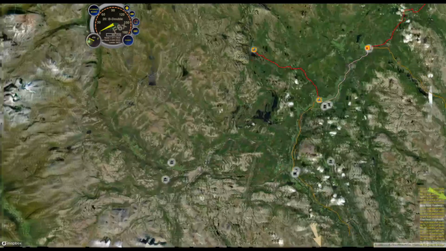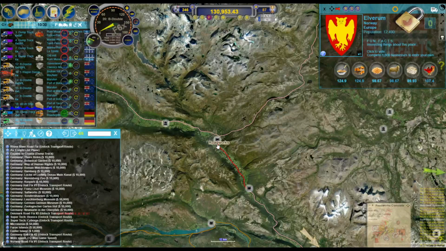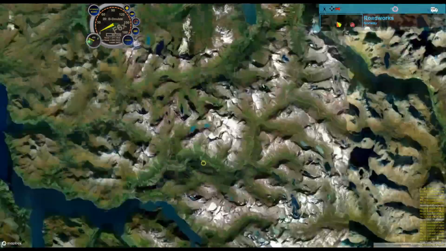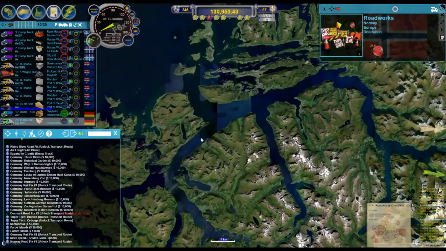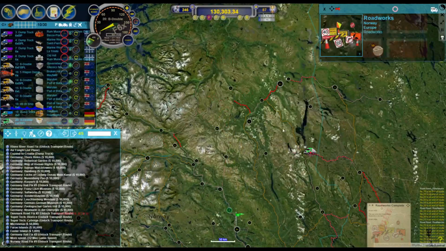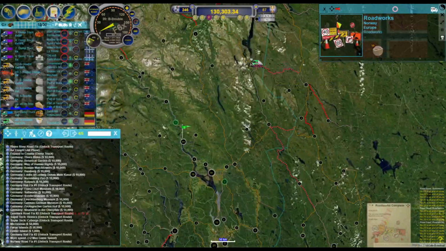We have oil and asphalt for roadworks there. I don't even know what roadworks we have here. Aluminium, yeah, that's not happening. And dynamite. And what about this one over here? Concrete, yes. So that is it for our Norway expedition, for now. So it looks like our next step is to go into Sweden via...